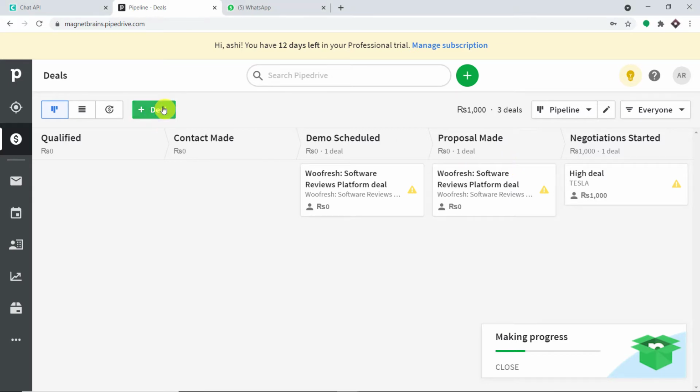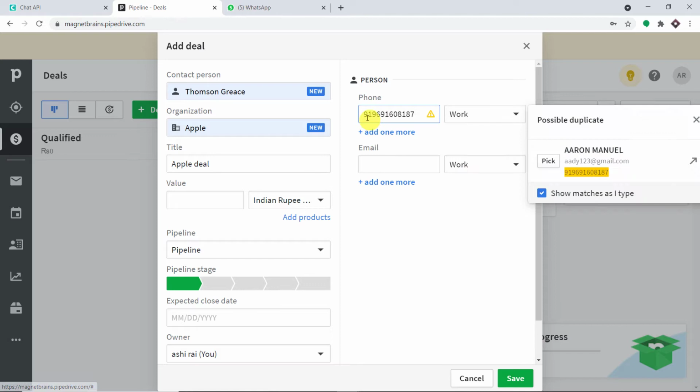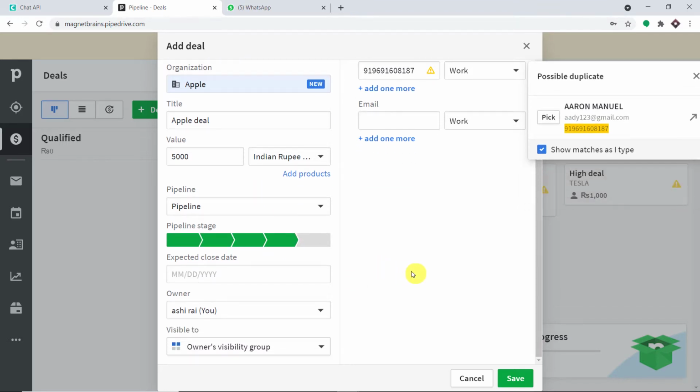So we are going to begin with a small example. Let's say I'm going to add deal related information of a person. A person called Thompson Grease is making the deal. This is his phone number, and the total value of this deal is, let's say, 5,000, and the stage is expected close, and this we have as the due date, that is, let's make it 31 of May 2021.